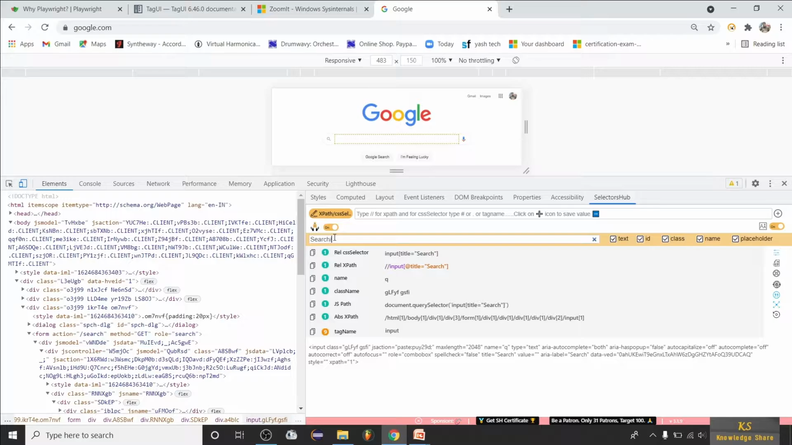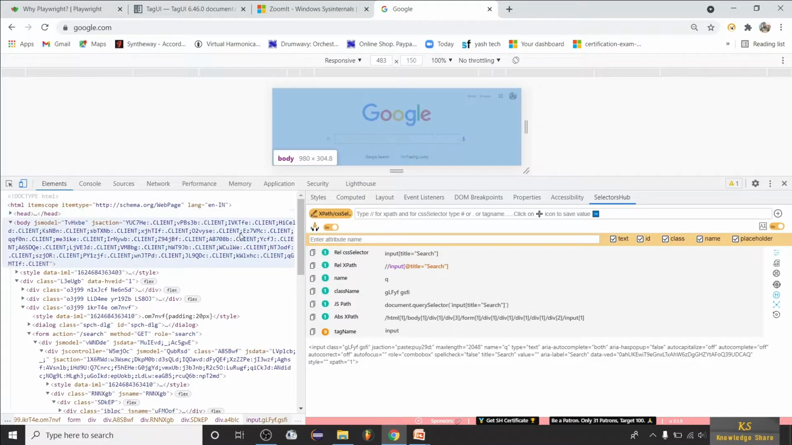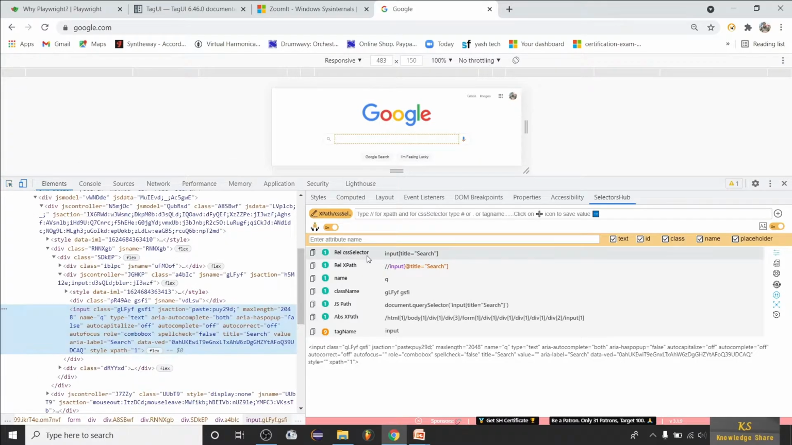See, for example, you can type. Okay, then it will show you those suggestions. Okay,